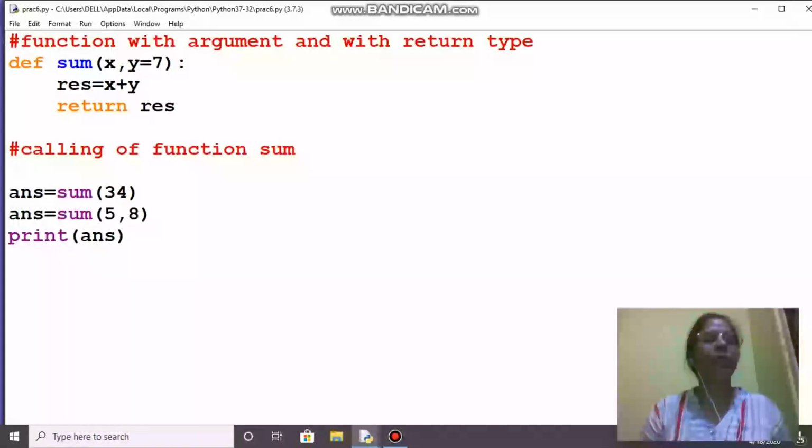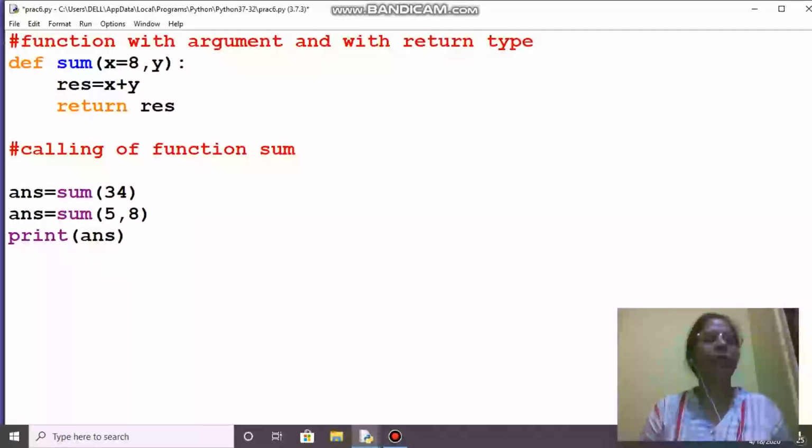And if we want to make any other argument default also, we need to move from right to left. That means we can't do this. This is the wrong way. Why is this wrong?